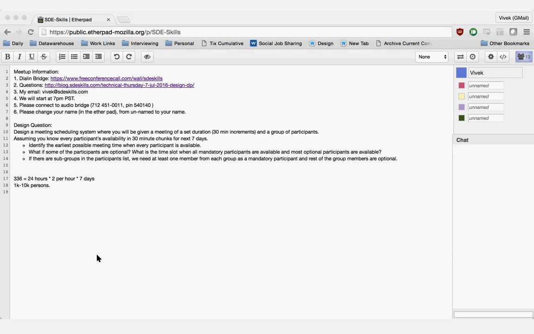Just to restate what I was thinking, I was thinking of actually having a 2D Boolean matrix, P cross T. P is the number of participants, and T is the meeting time, right? So it's a P cross T matrix, and Vivek just said that there are 336 intervals, so the number of columns in that matrix is basically 336, and we have P participants, let's say, to start with.